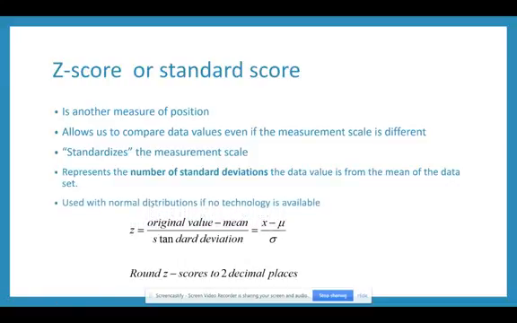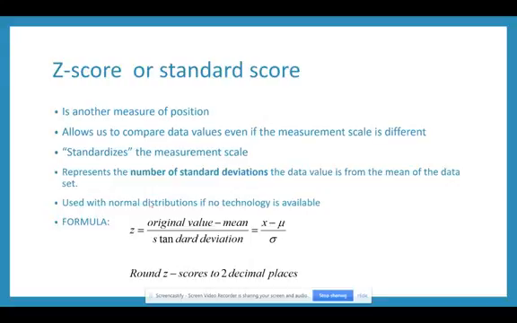So there's a formula for calculating the Z-score, and we actually would use the Z-scores or the standard scores when we begin talking about normal distributions in the next lesson. It was a really important and useful tool before the advent of technology. With technology now, we can sometimes forego the use of the Z-score, but you still need to have an understanding